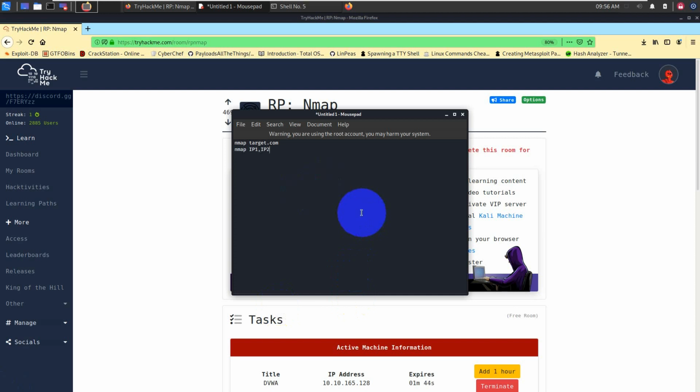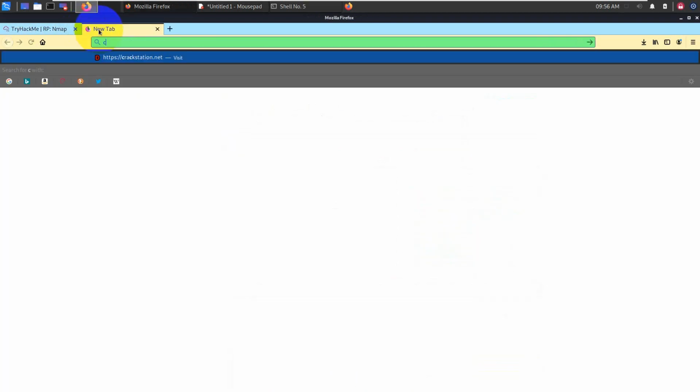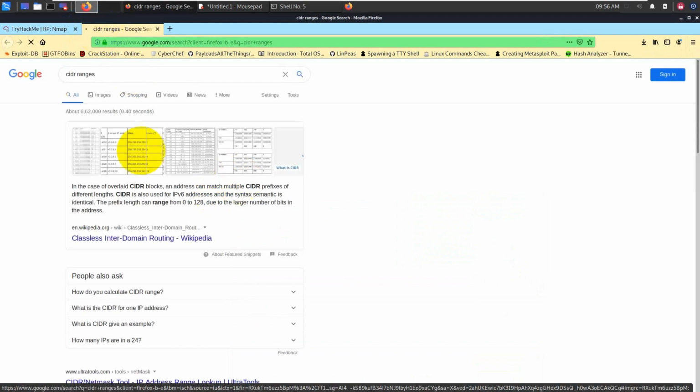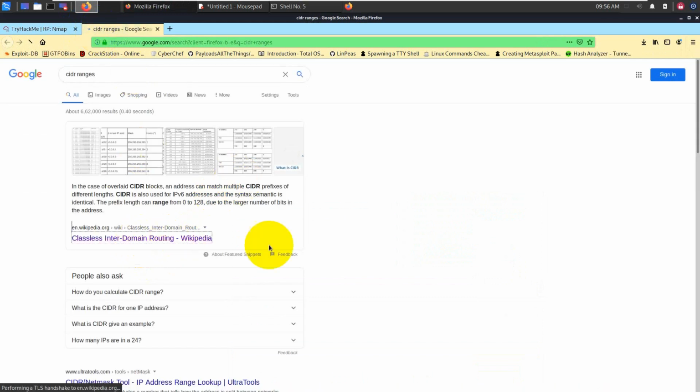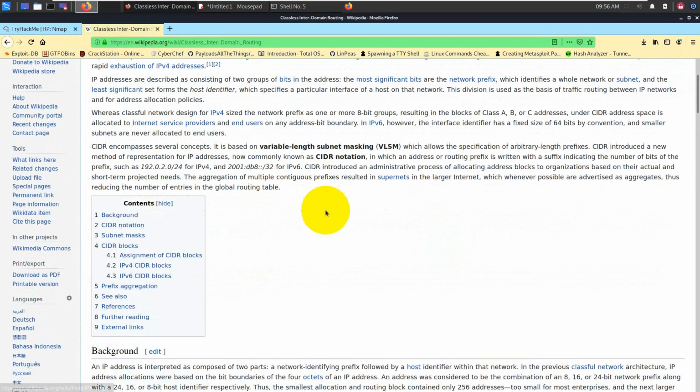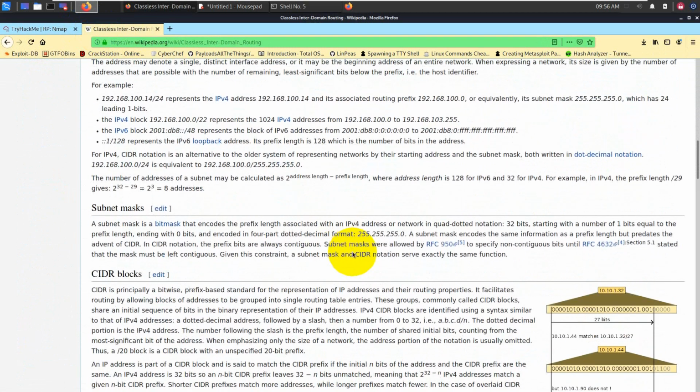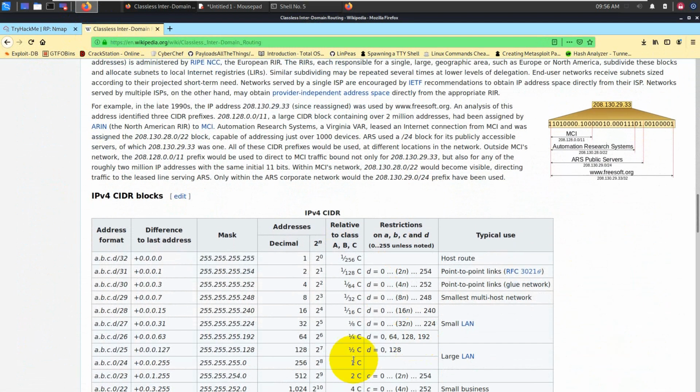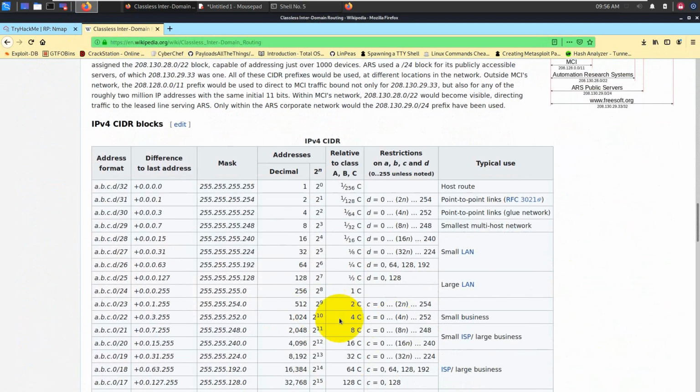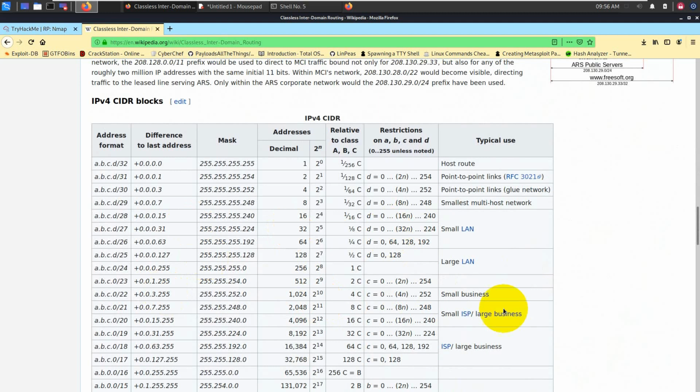If you are scanning a range of IP addresses, that also you can do by typing, let's say, 10.10.10.0/24. Confused about CIDR? You can Google CIDR ranges and get more idea from the Wikipedia link about classless inter-domain routing. It's basically 2 to the power. You will get more idea once you have a read about this particular stuff.